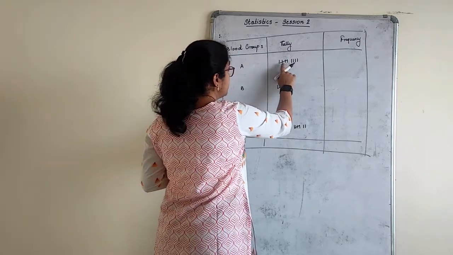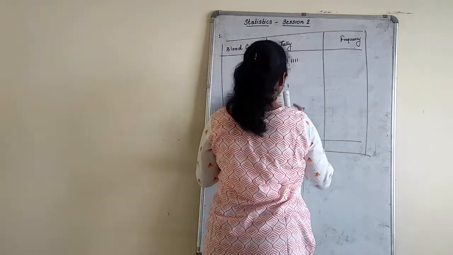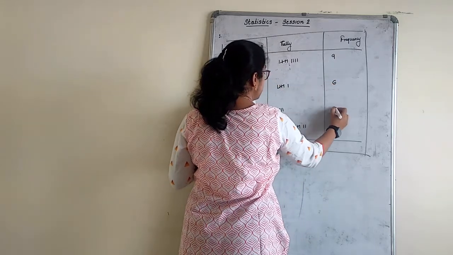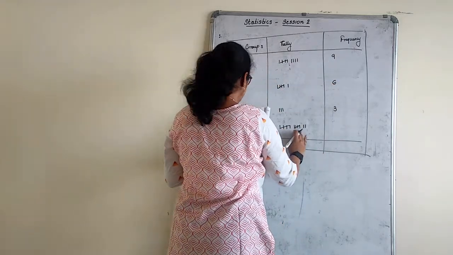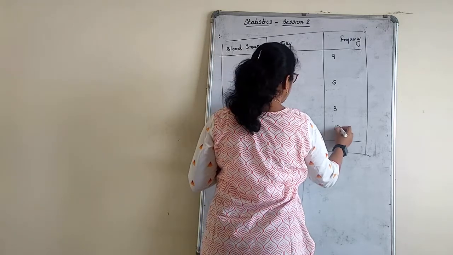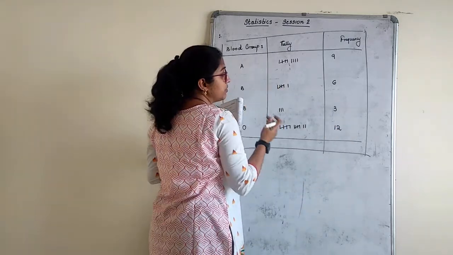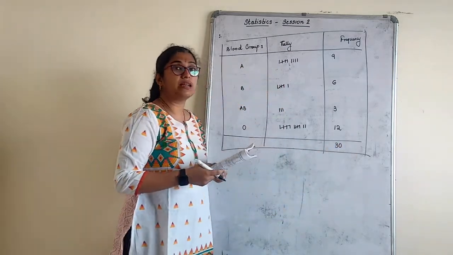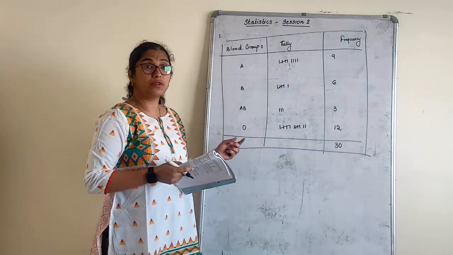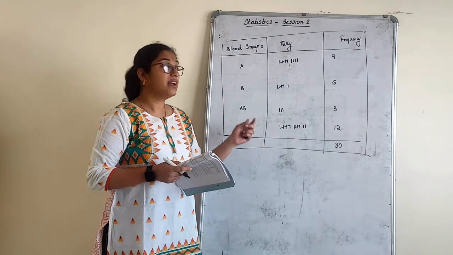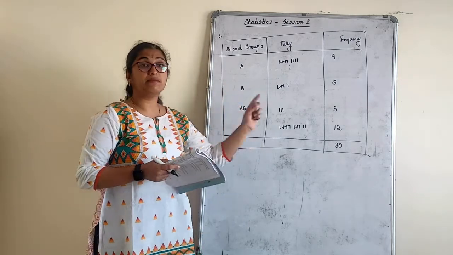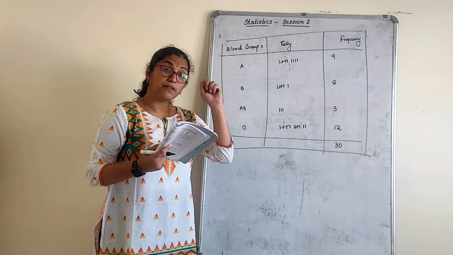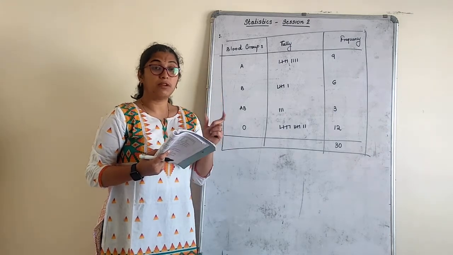Read now. How many are there? 5 and 4. So A group, 9 are there. 5 and 1, 6, 3, 5 and 5, 10, 10 plus 2, 12. Count. How many do you get? You get a total of 30. You have to get 30. Because how many blood groups are there in total? They are given 30 numbers, right? I mean the blood groups are these many. How many times are they repeating? 30. Because 30 blood groups of 30 students are taken. So the total number of students is 30.